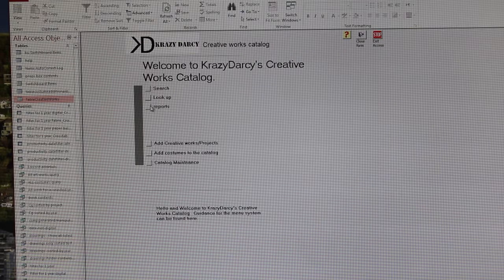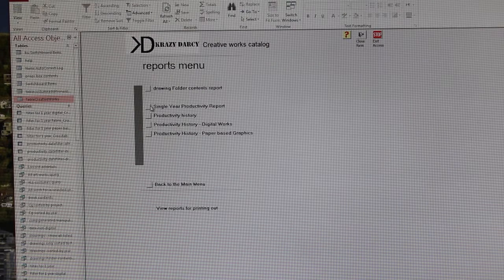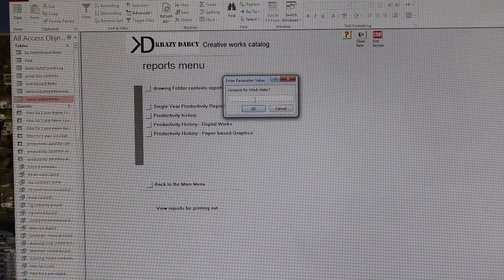This one was started building as I was scanning folders of drawings into the computer. So right away I had some data I was wanting to get out of the system, which was contents of folders. For example,